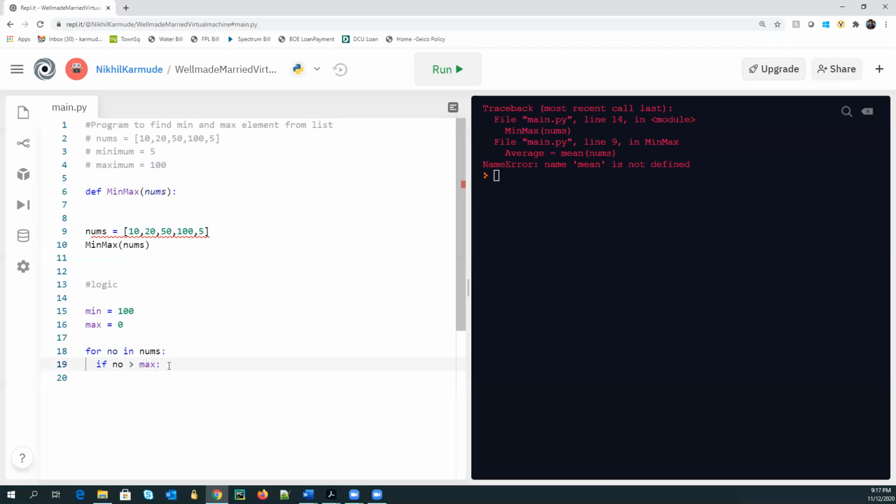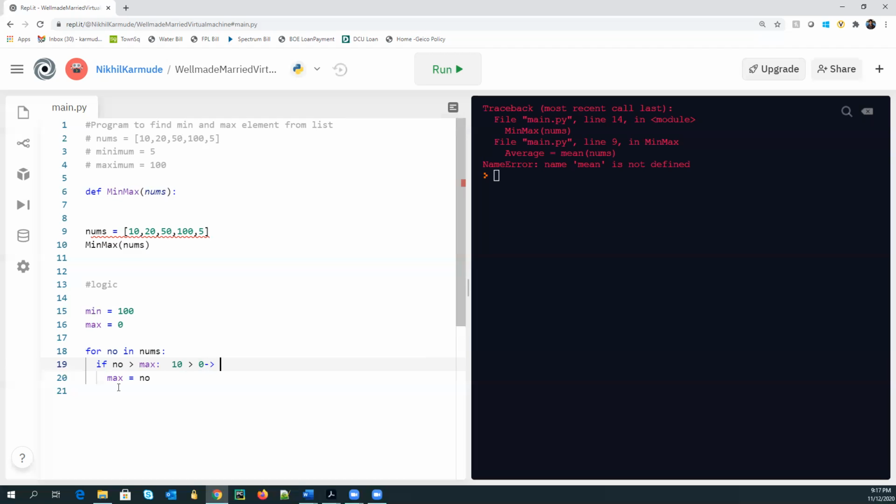If it is greater than my max, I should assign the new value of max as number. So now if you see here, my first number is 10. And what is my max? My max is 0. Now since my 10 is greater than 0, internally what I should do is